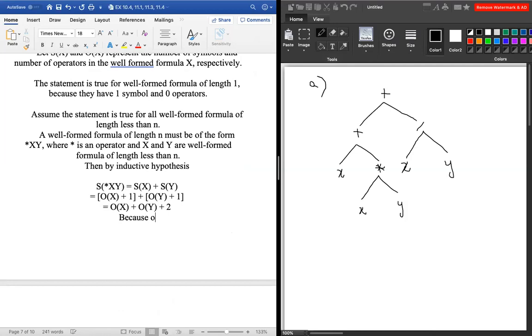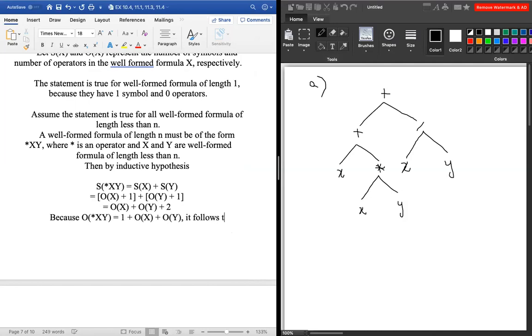Because here O of multiply xy equals 1 plus O of x plus O of y,